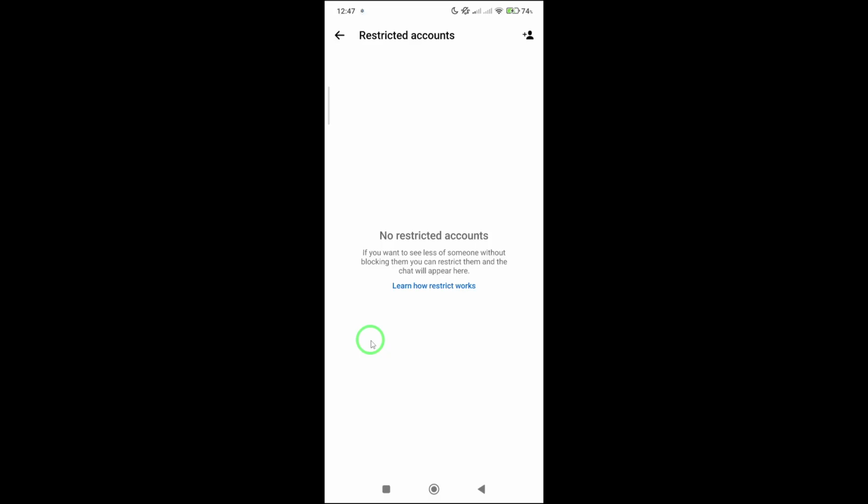It helps you maintain boundaries while still staying connected in a controlled way. If you ever change your mind, you can revisit this same path to adjust who's on the list. Remember, privacy settings are personal. Take a moment to review who you've restricted and why. Keeping these controls up to date helps you create a safer, more comfortable messaging space for yourself and your